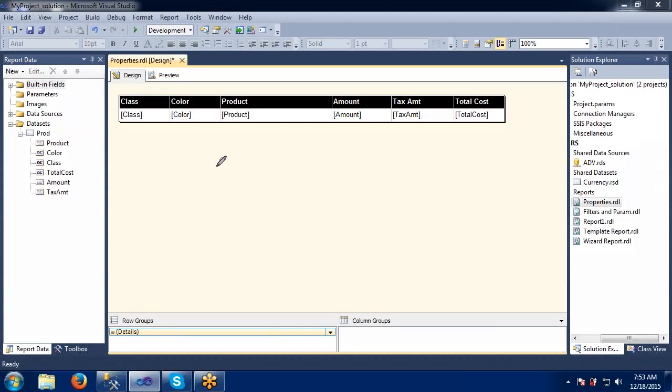Let's say I have some classes: high class, low class, middle class, right? If I give the toggling based on which one, and let's say there are some colors also available, some black, red, everything. If I give toggle based on the color, it will group all these colors into one group. It will make sure that they come into one group. Means if you expand something, then only it opens. Let me take the example, then you can understand here.